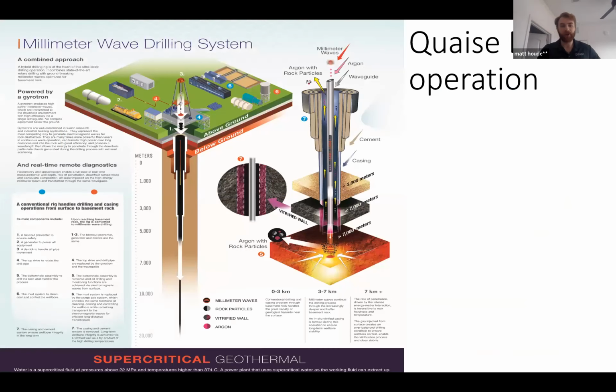In terms of the drilling operation, I believe I've already covered this, but to reiterate, we are proposing a hybrid drilling operation that doesn't just drill with millimeter wave drilling, because we know that is not the most optimized process at the surface. Those are the types of geologies or subsurface risks that would give challenges for millimeter wave drilling, primarily non-silicate rocks, overpressured aquifers, and also encountering oil and gas. These are going to be technical risks we primarily encounter in the sedimentary overburden